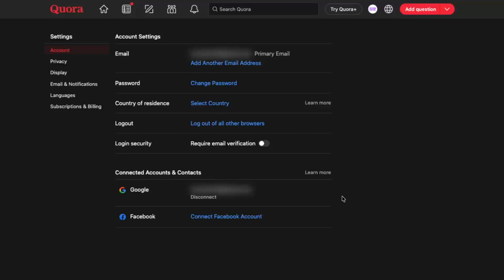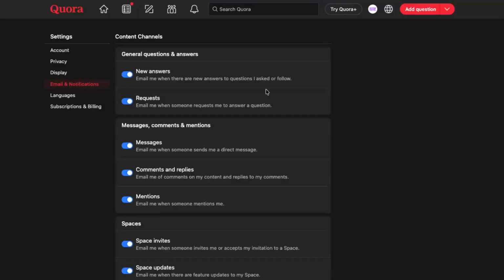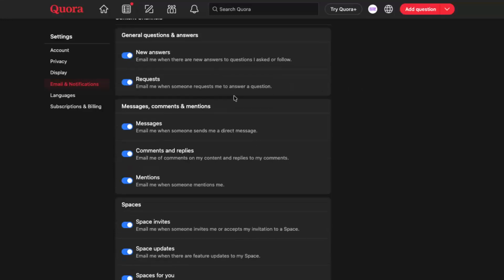Once you are on the settings page, look for the section called Email and Notifications. This is usually listed in a menu on the left side or as one of the tabs across the top, depending on how the layout appears for you. Click on Email and Notifications. This is the key section where you can tell Quora exactly what you do and do not want to receive